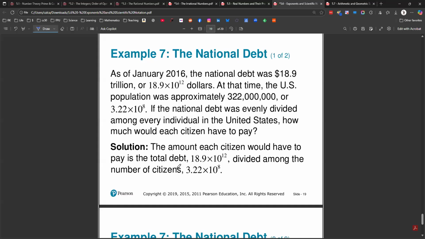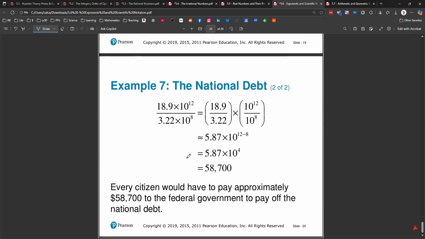So this is talking about equal groups. And so in this case, the amount each citizen would have to pay is 18.9 times 10 to the 12th divided by 3.22 times 10 to the 8th. So just like we would do before, we have 18.9 divided by 3.22. Subtracting exponents, then we'd have 12 minus 8. And so this is saying that each one of us would owe, in that situation,